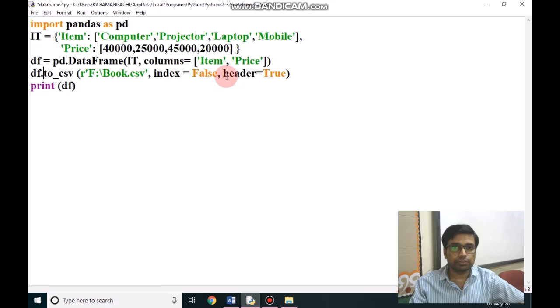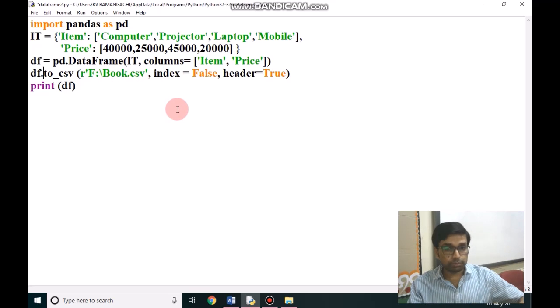These are two keywords, or you can say arguments. Then we have printed the data frame to ensure that the data is written, or this file has been created and saved to our F drive.